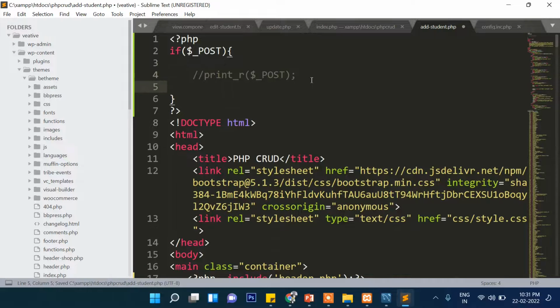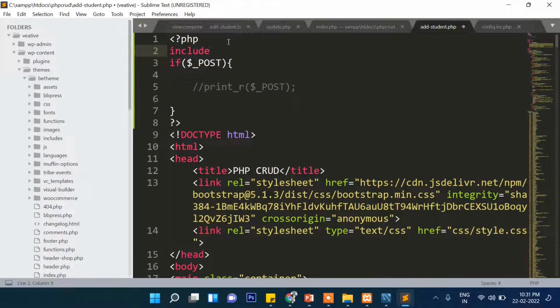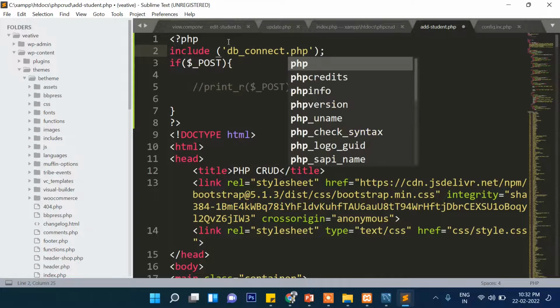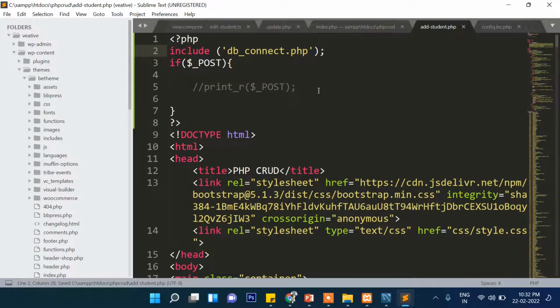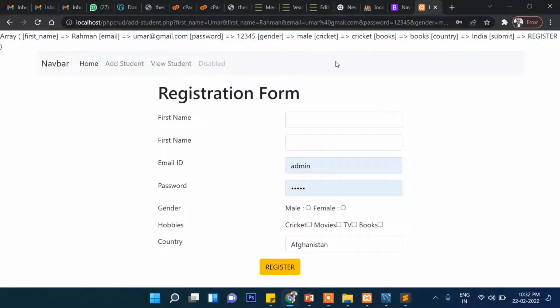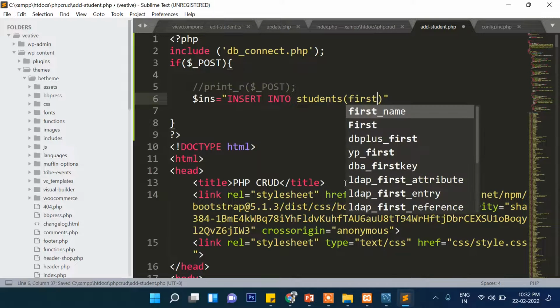So first thing you need to do is include db.connect.php, our database connection file. Here we will write $ins equals insert into. So what is our table name? It's students. Remember PHP is case sensitive, so you have to write in small case because the table name is in small case. So here first name, comma,